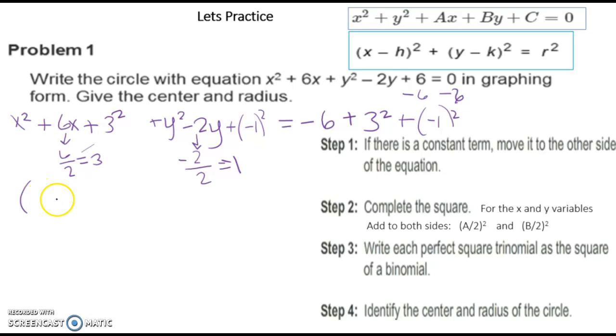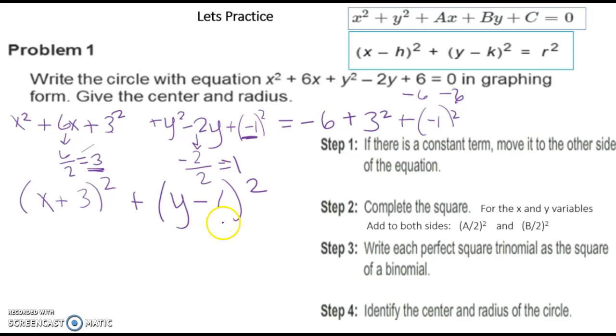And it's simply going to be x here, and then whatever you got as your a over 2 here. So it's going to be x plus 3 squared. And you can FOIL that out and double check yourself. You're going to end up with x squared plus 3x, which gives you 6x, plus 3 squared. Boom. Same with the y's. You just do y and then whatever you were squaring, which was negative 1, y minus 1 squared. If you FOIL that out, you'll get y squared minus 1y minus 1y, which combines to minus 2y, and then plus